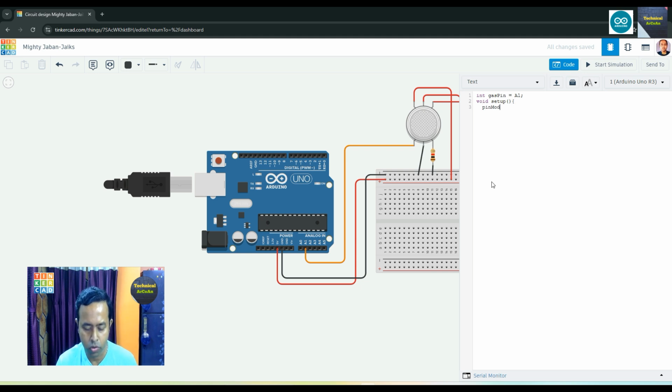pin mode for this gas pin. This particular variable is concerned, and it will go as an input, so just write input. Also use Serial.begin because we know the output should be given in the serial monitor. So that's why we take Serial.begin, and the value 9600 is the baud rate. This is the simple code for setup, and now we write our void loop,